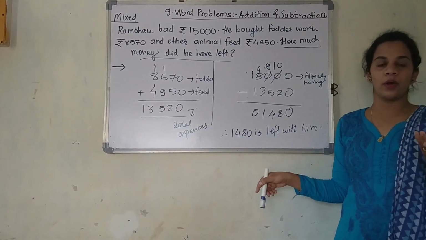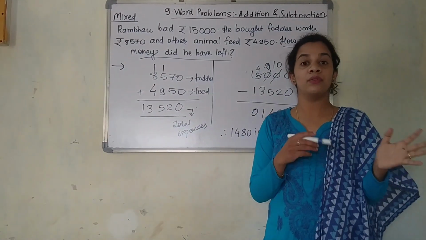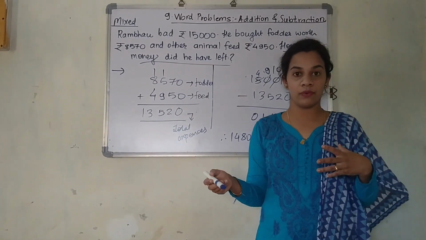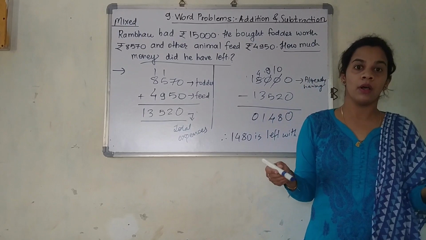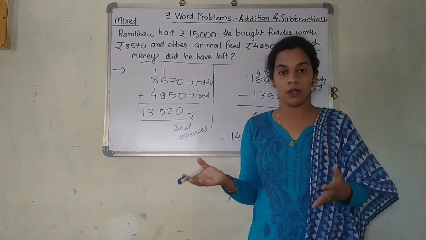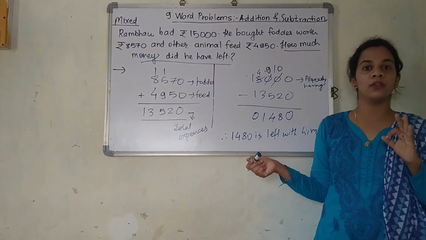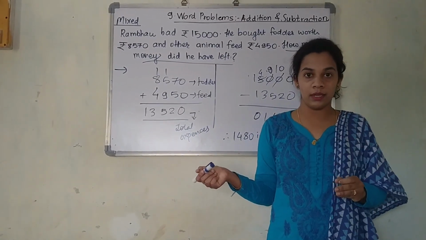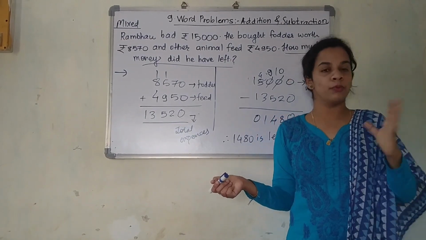If in any of the questions you have 3-digit numbers, and they are telling you how much is left with him, just calculate the amount, how much more, how much big. Like this question, we are going to do subtraction. But if like this question occurs where there are 3 numbers, see whether they are telling you to add them completely. If the total is given, then you are supposed to add it completely.